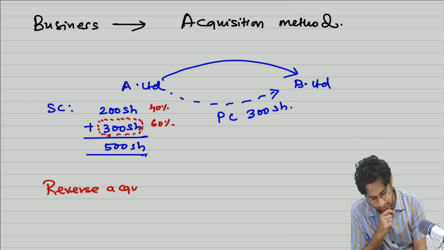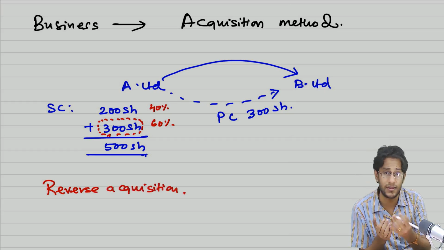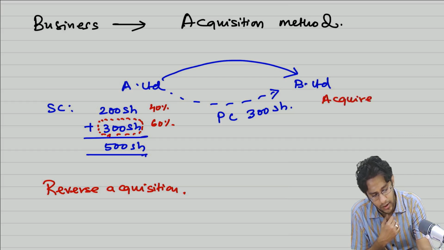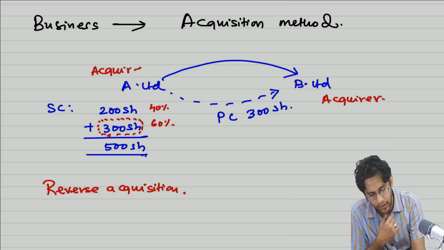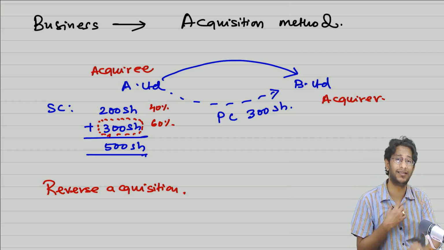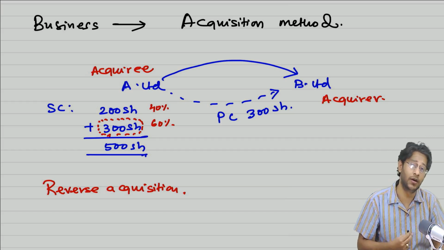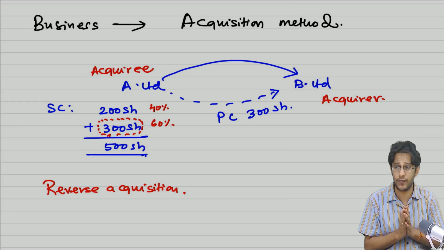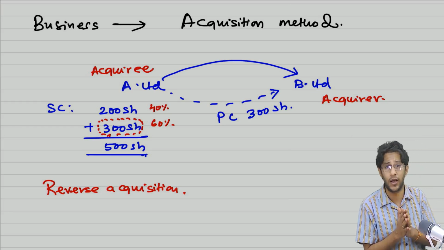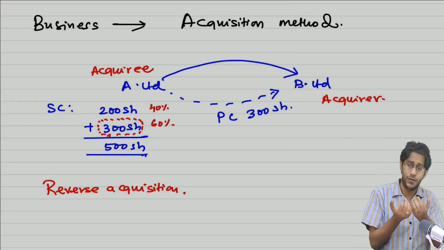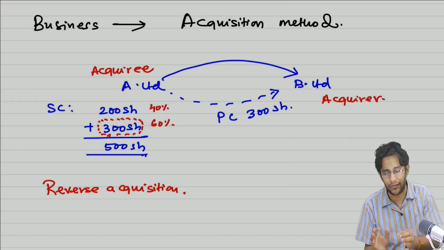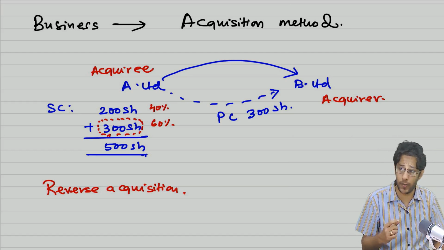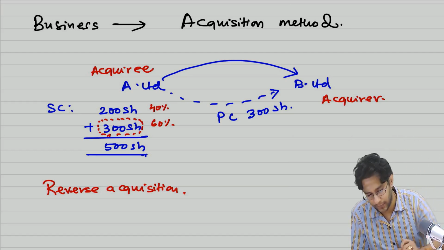In a reverse acquisition transaction, the entity which is receiving the shares, here B Limited, is the acquirer, and A Limited becomes the acquiree. So legally, who is the acquirer? A Limited is the acquirer, but in substance, for accounting purposes, B Limited is the acquirer. So who is the acquirer and who is the acquiree? The prima facie rule is control. In most cases, whoever is paying PC is the acquirer and whoever is receiving PC is the acquiree. But in a reverse acquisition case, which is possible only when shares are issued like this, you should be really careful, watch the shareholding pattern, and then decide who is the acquirer and who is the acquiree.